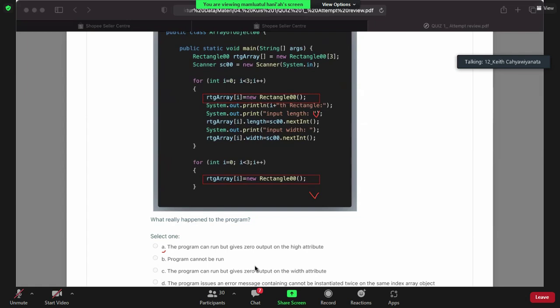There's only the RTG array new rectangle. Okay, you did not assign a value to your line. Okay, and then why didn't you choose B? Because the program can be run. There's no error in the program. Okay, it's the same with A. With D, the program is... because I think it's okay to print twice.